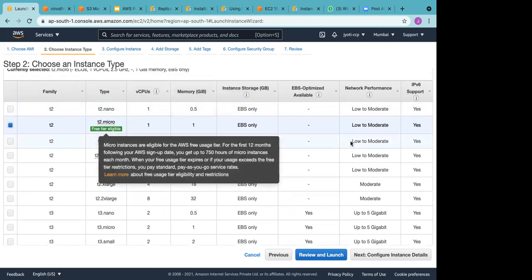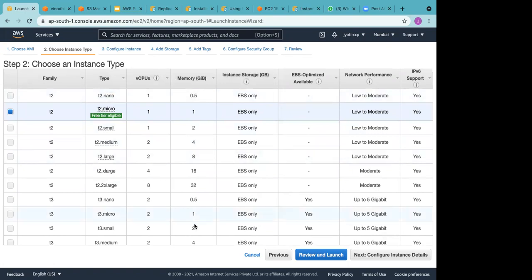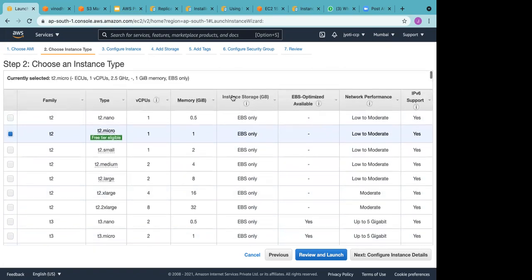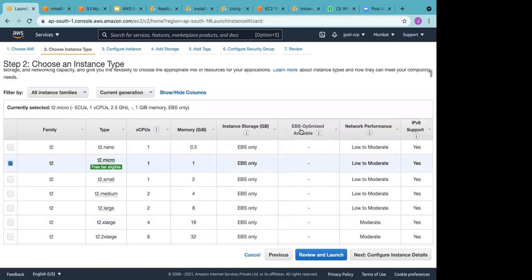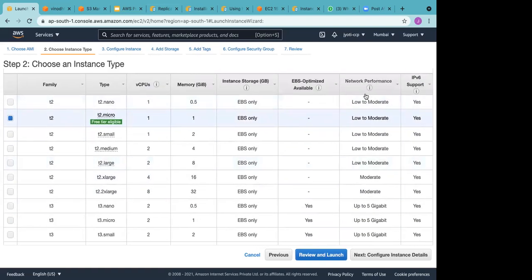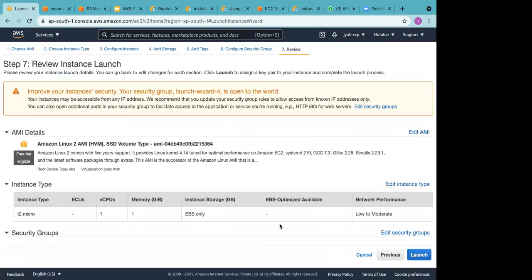And you see memory, how much default memory you get. Then what kind of instance storage you can have, EBS. Then is EBS optimized available? We'll study network performance, IPv support. So all these things you can see here. Okay. Let's go ahead and launch it.